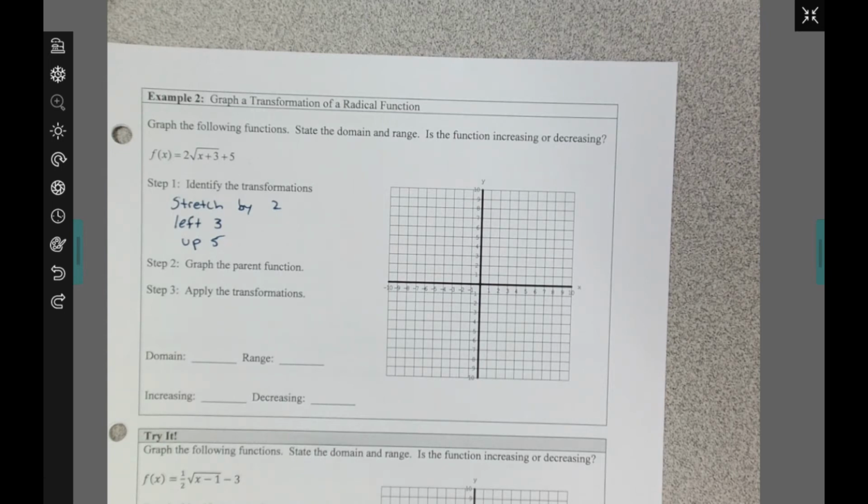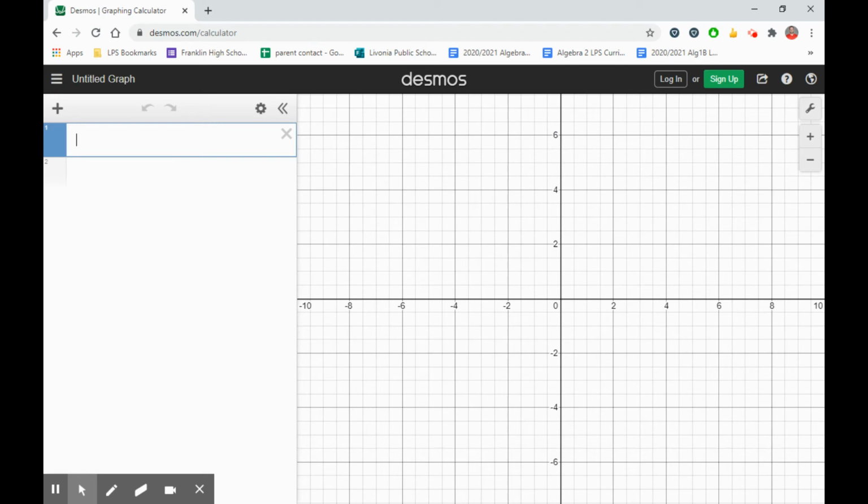If you were ever asked to graph this, so actually show the graph, you would be allowed to use a graphing calculator to actually graph it. So the way we're going to do that, you just flat out type it in. So you got y equals, we have the, let me see,